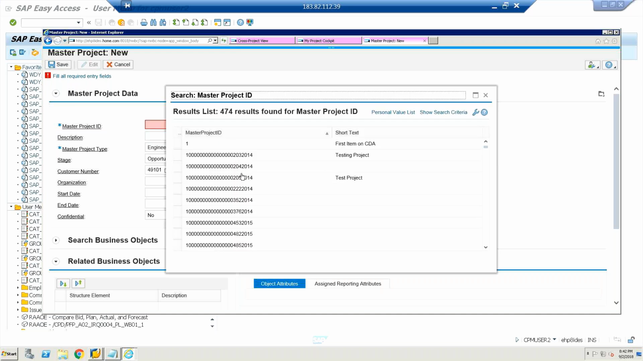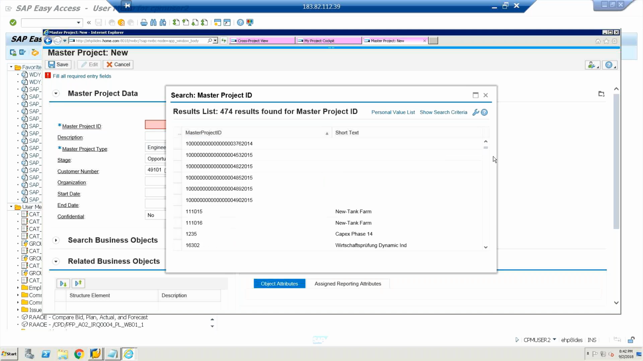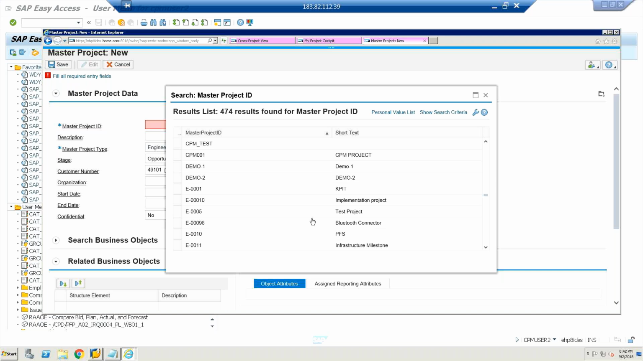These are the IDs which are already created in the system, and apart from that, based on some